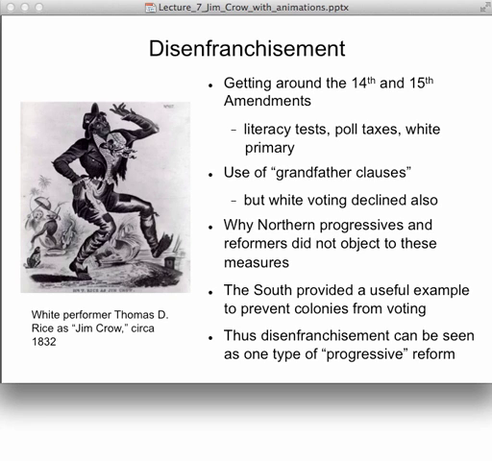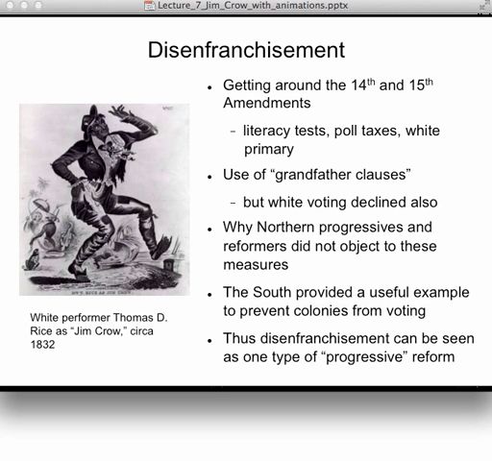It's interesting, though, as black voting rights were taken away in the South, the one tactic that white supremacists did not use was actually passing laws saying that no blacks would be allowed to vote in the future. They couldn't do that because any such state laws would have been unconstitutional.